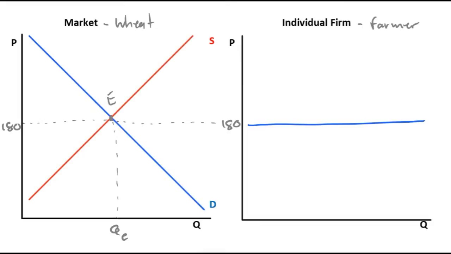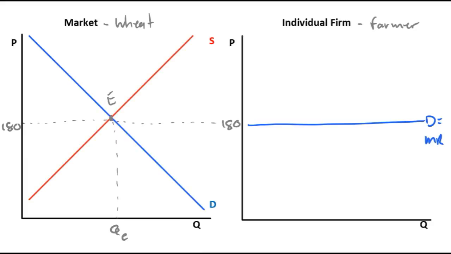So in essence, this price of $180 becomes your demand curve, and this also equals your marginal revenue. That is, marginal revenue is the revenue you earn by selling one more metric ton. If you produce 1 ton of wheat, you'll sell it on the open market for $180. If you produce a second ton, it's $180. And if you produce your 100th ton, it's $180.